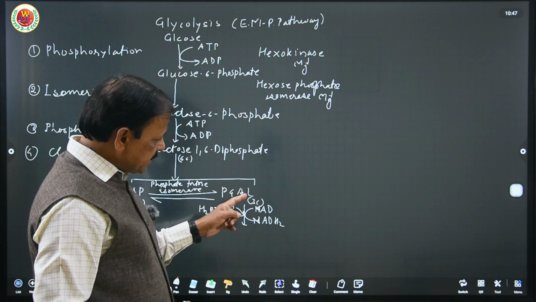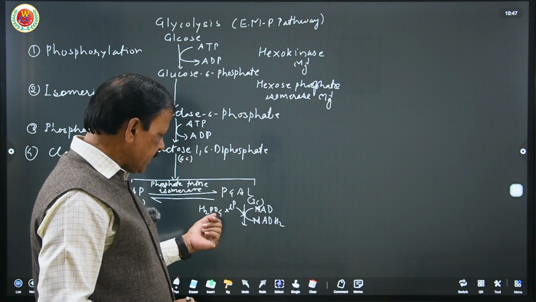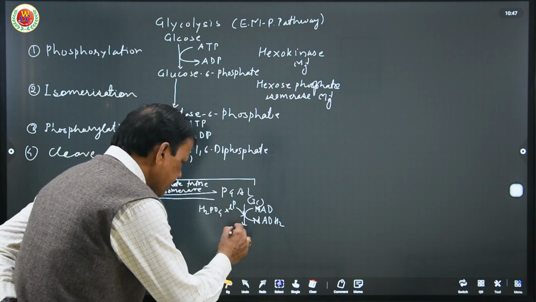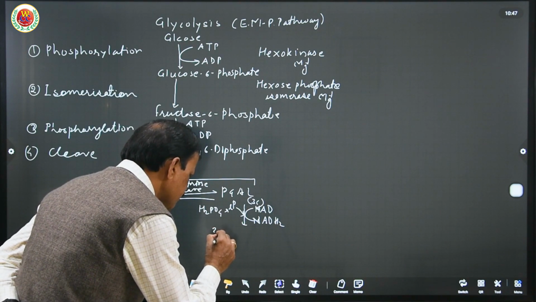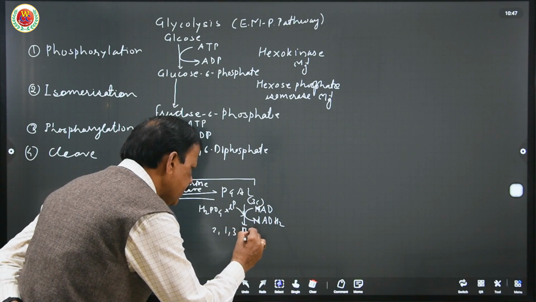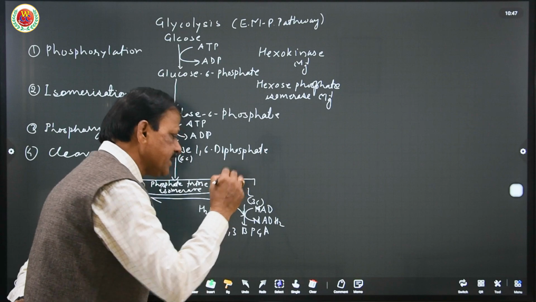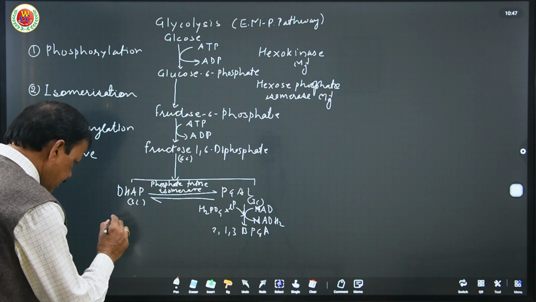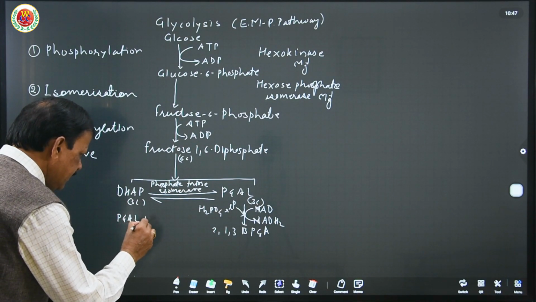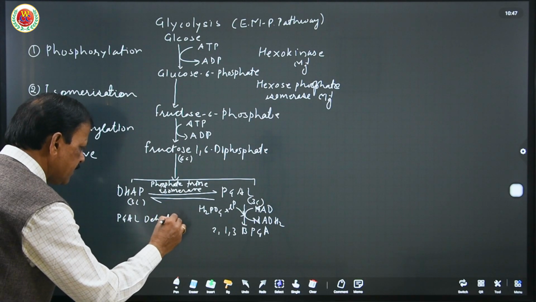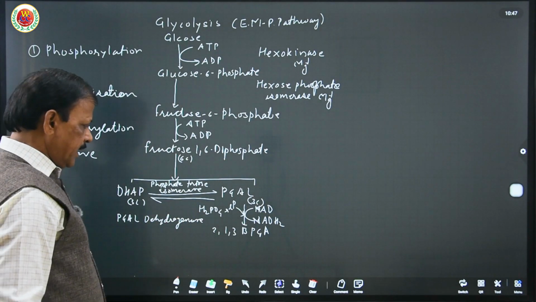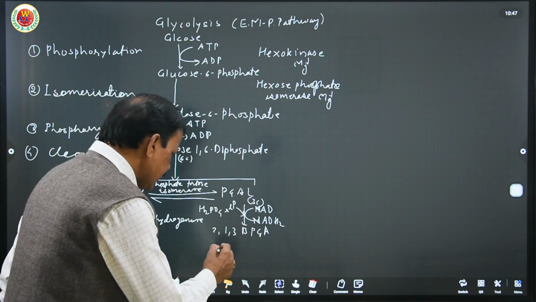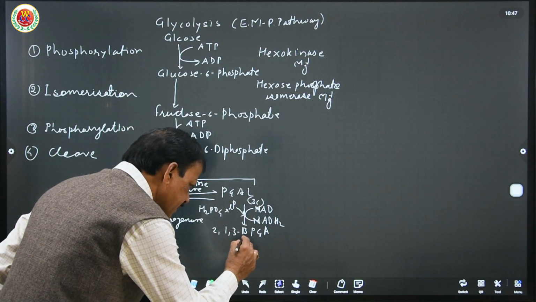So here PGAL undergoes oxidation as well as phosphorylation. This is not substrate-level phosphorylation. Two molecules of 1,3-bisphosphoglycerate, or bisphosphoglyceric acid, are produced in the presence of the enzyme PGAL dehydrogenase. Next step, the 2 molecules of 1,3-bisphosphoglyceric acid undergo